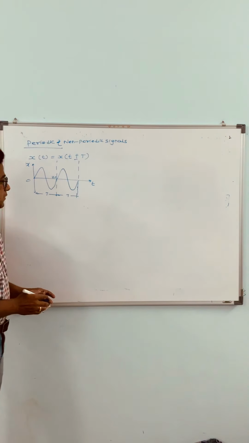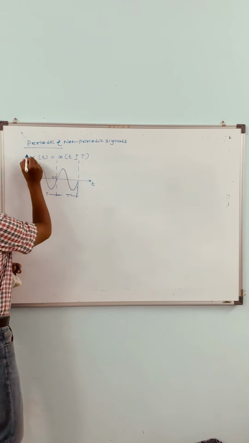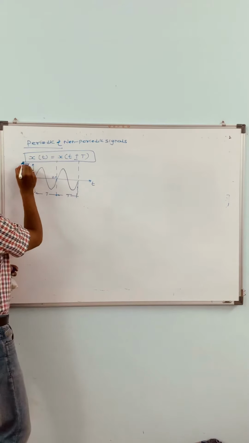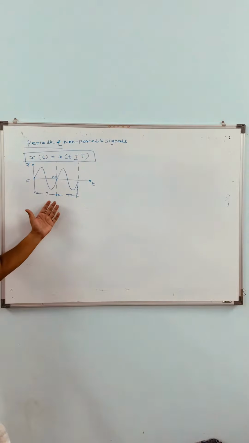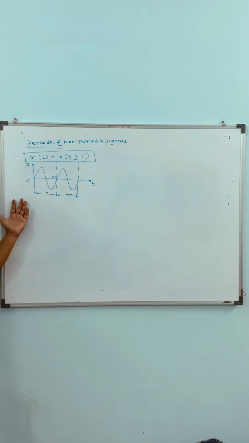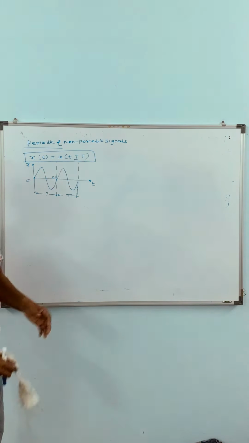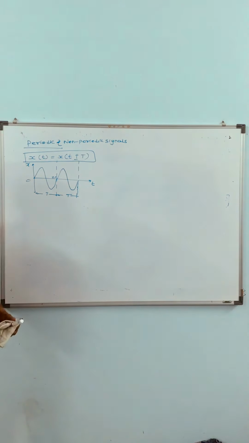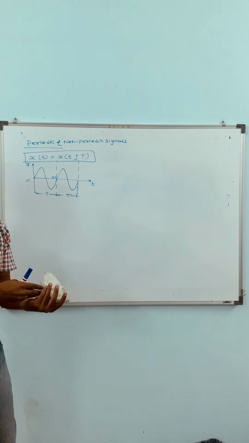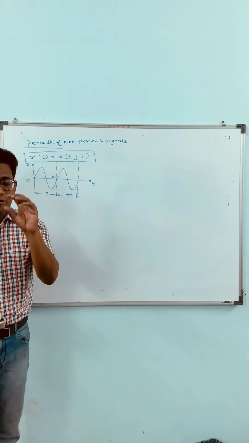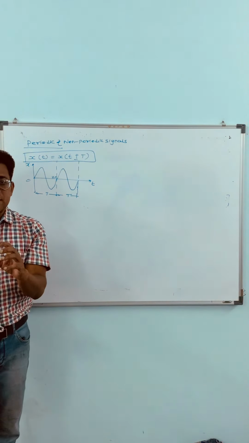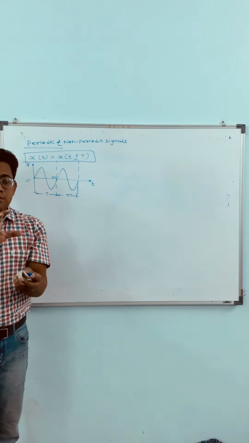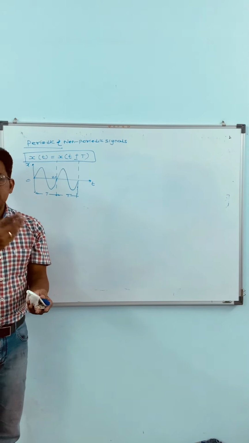This is the basic expression, x of t plus or minus capital T. Why plus or minus capital T? Because the signal may repeat on the negative side also. That's why I have written minus here. Now, what is the analysis? How to analyze whether the given signal is periodic or non-periodic? In the case of time variant and invariant, we analyzed and implemented the delay signal to the signal systems. In linear and non-linear systems, when we analyze, we impose the superposition principle. There are many principles like that.